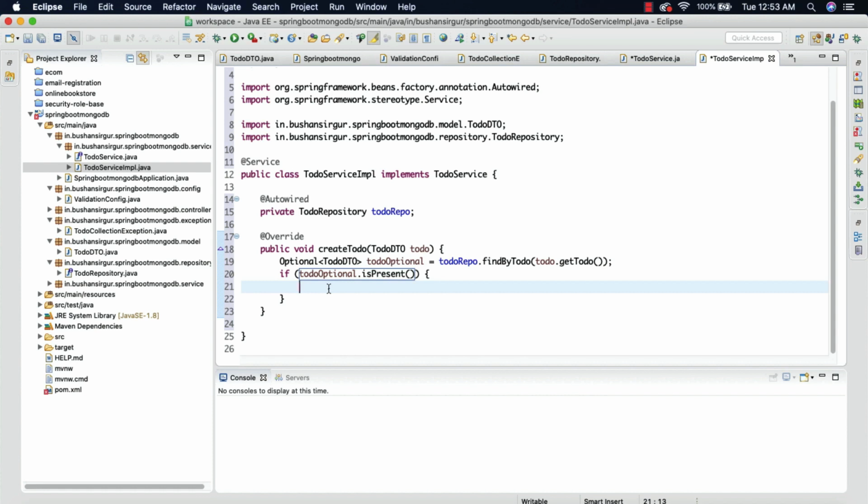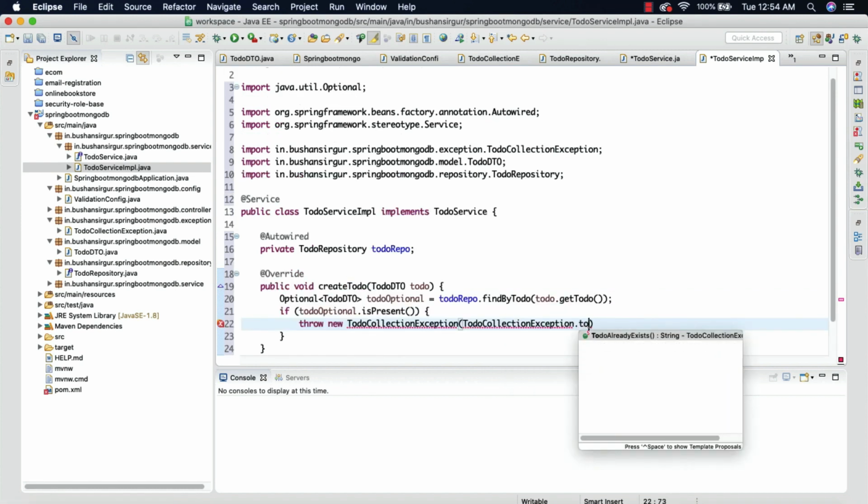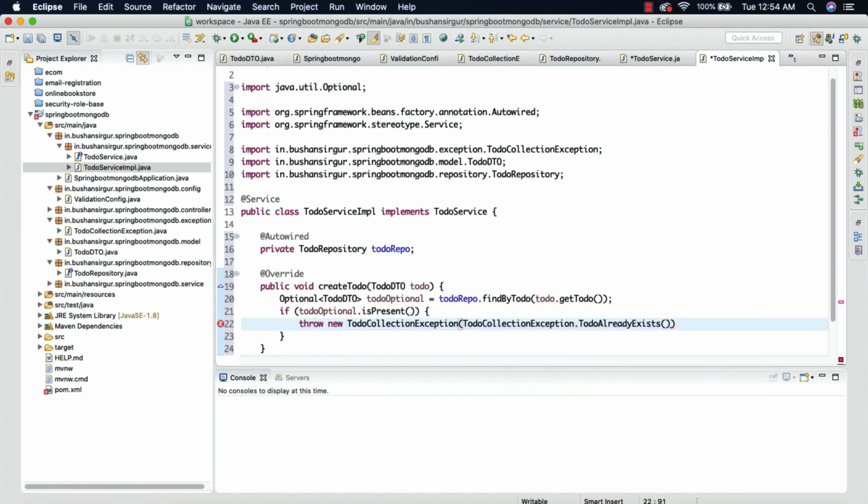Like if the user is trying to save with an already existing toDo, so for that we're going to throw an exception, throw new ToDoCollectionException, ToDoCollectionException.toDoAlreadyExists.